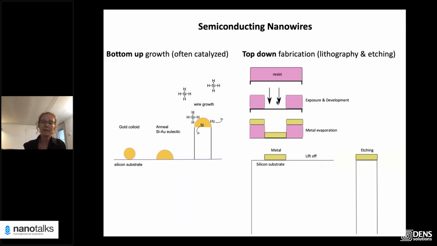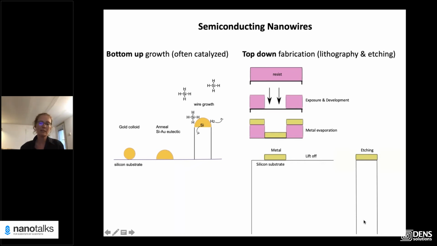And the resist is then modified, and this allows you in a development step to locally remove the resist, either at exposed or unexposed locations. And then if you put, for example, a metal, and you can do a final lift-off step to remove the resist, the metal only remains where it's on the substrate. Then if you do any isotropic etching, you can etch, and this metal acts then as a mask, and you obtain similarly